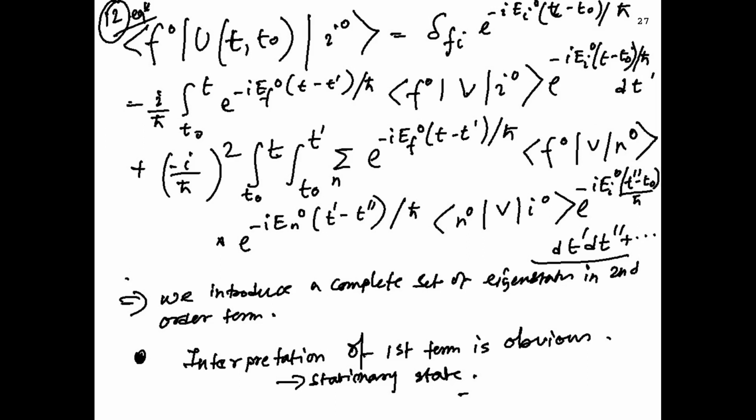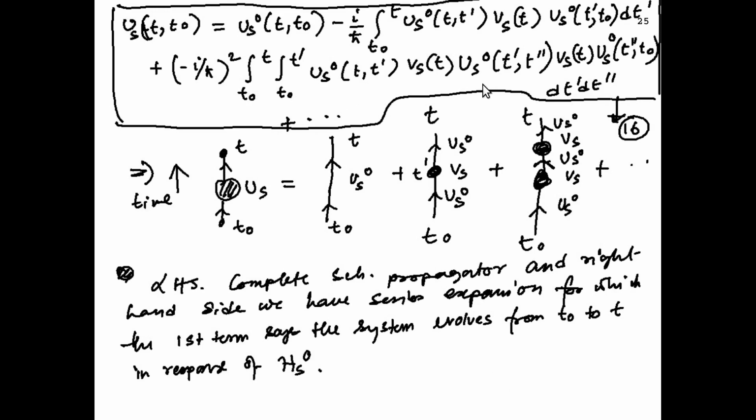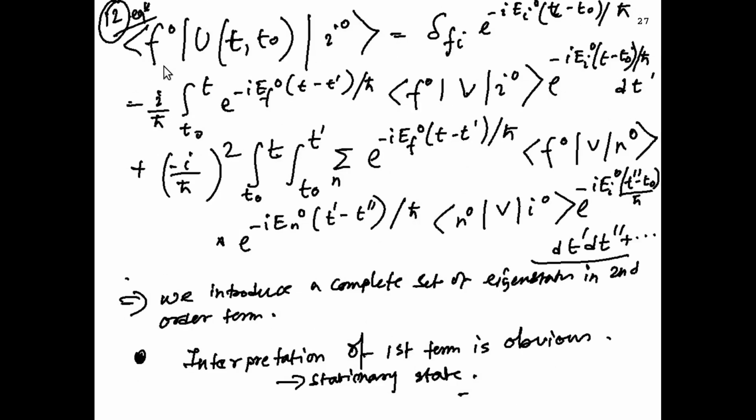If I try to derive an arbitrarily high order term using the previous method, it is much more tedious and longer. But here, since we had the series form which we derived very nicely from the Dyson series, it is now very easy to write down an arbitrary nth order term. You can just try to internalize this formula a bit and then you will understand it. What we have done is take this formula in equation 16 and sandwich <F0| and |I0> from both sides, and we wrote down all the H_S0 and everything clearly, and that's what we got.